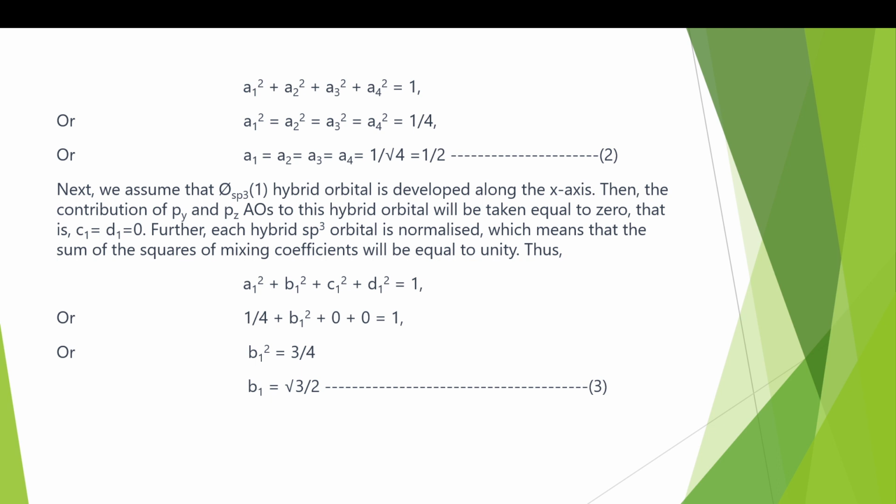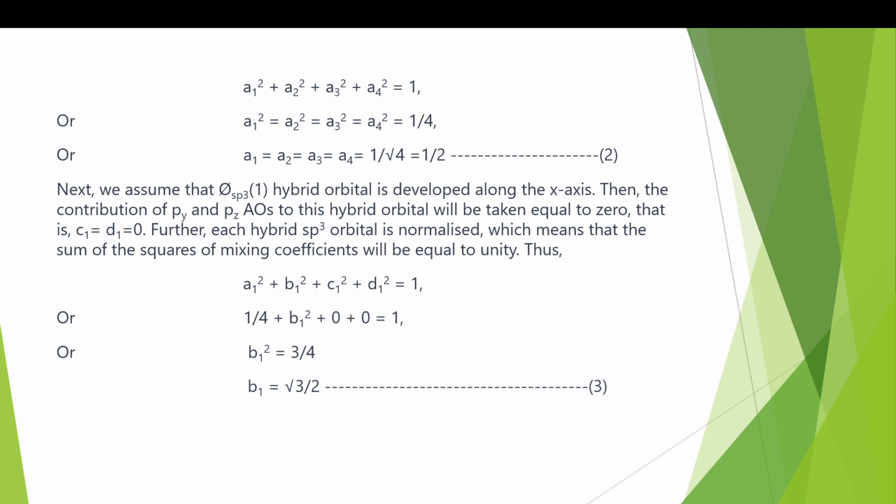Next, we assume that the sp3 first hybrid orbital is developed along the x-axis. Clearly, the contribution of the orbital's lobes lying along the y-axis and z-axis will be 0. It means the coefficients c1 and d1 both become 0. Now, using these two rules, we can evaluate